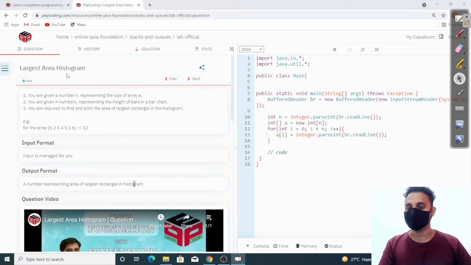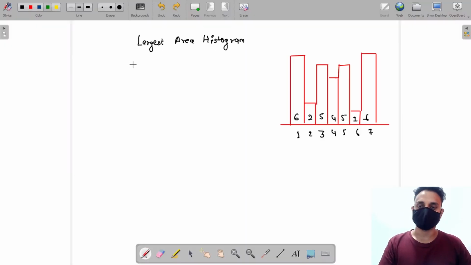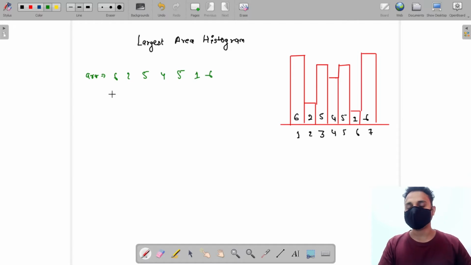In this video, we will be solving our question largest area histogram. So let me discuss the question with you guys first. The question basically says that we will be given an array. So suppose the array is 6, 2, 5, 4, 5, 1, 6. This is the array that is given to us, and basically the question says that these elements of